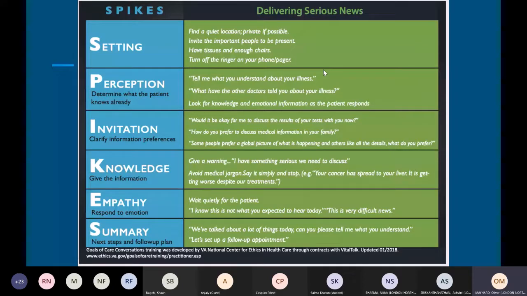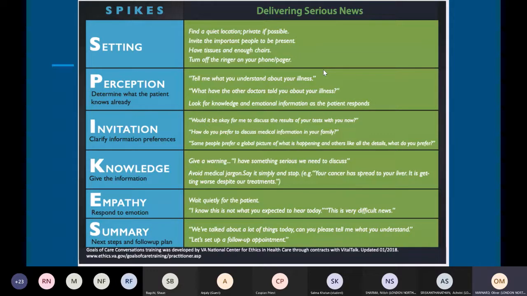An invitation, so understanding where they're at and making sure they're on the same page and asking them if you're happy to share with them the information, and then eventually giving them the information that you'd like to give. But it's about being patient and not dropping that on them straight away. It's about giving them warning shots and eventually working in until you think they will fully understand. Showing empathy throughout. This doesn't have to be done in this particular order. Making sure that you're on the patient's side and understand where they're coming from, and then summarizing and strategizing at the end, trying to come up with a plan.